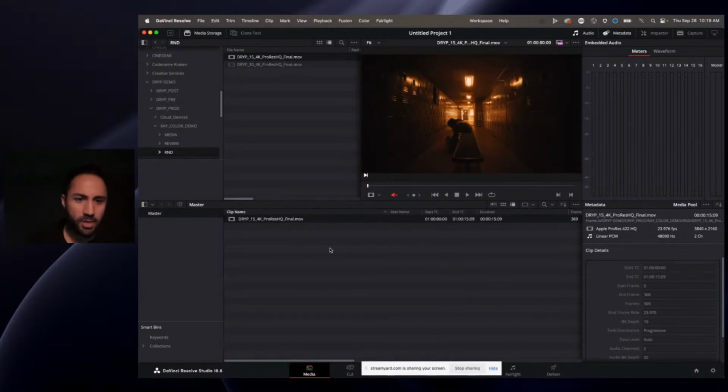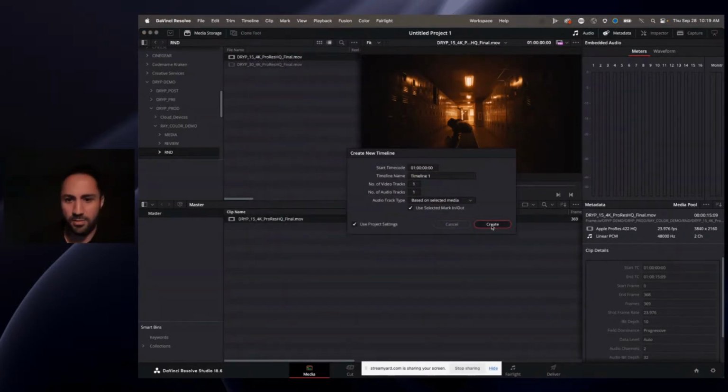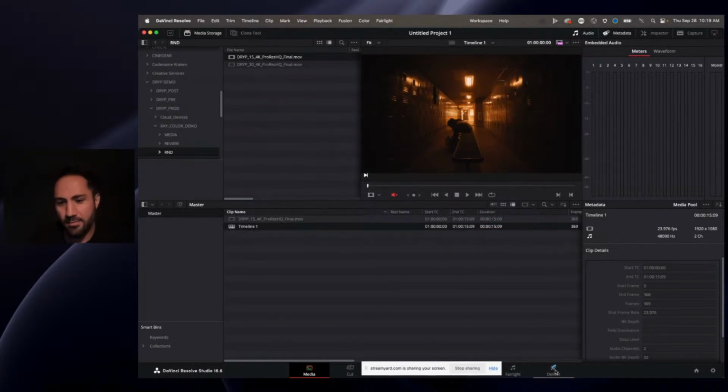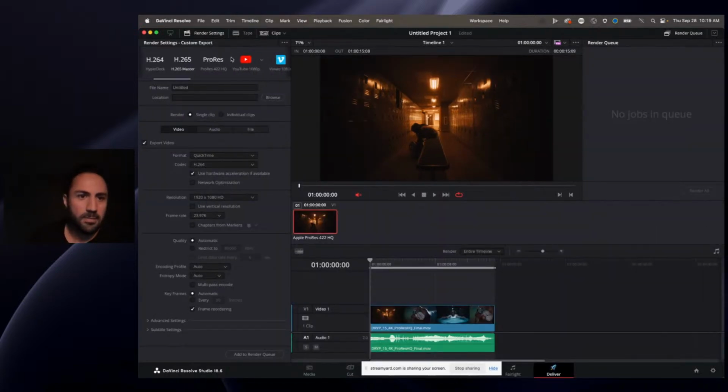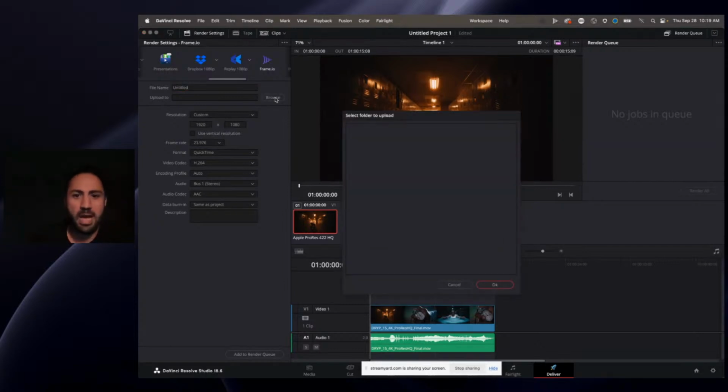So if I create a little timeline with this, the other thing that this allows us to do is it adds a Frame.io layer as an output destination on your deliver page. So if you go to the deliver page, you will see now Frame.io has been added. And over here, again, you can render directly back to Frame.io. So, and if I hit browse,